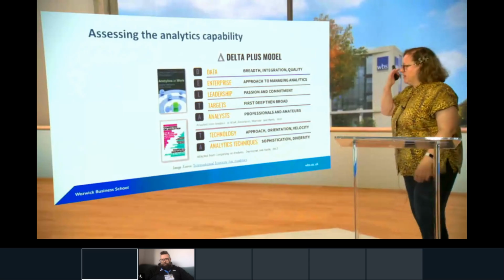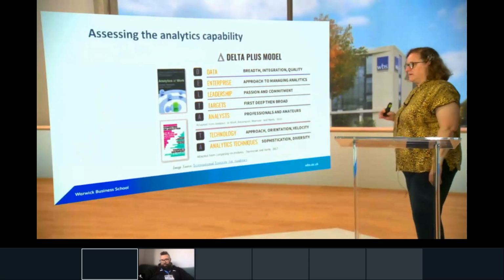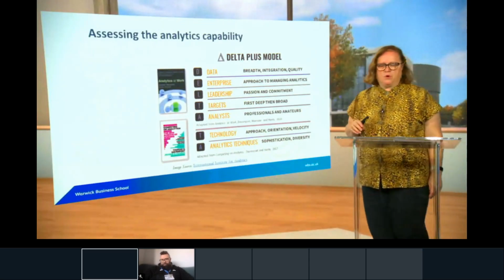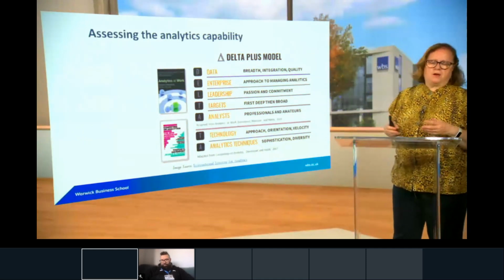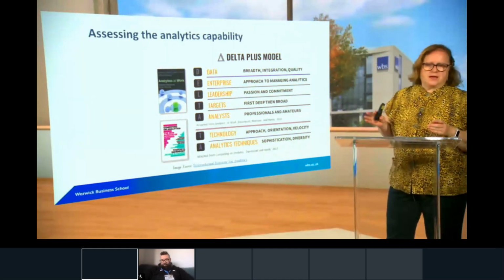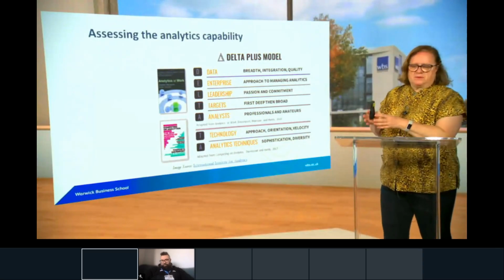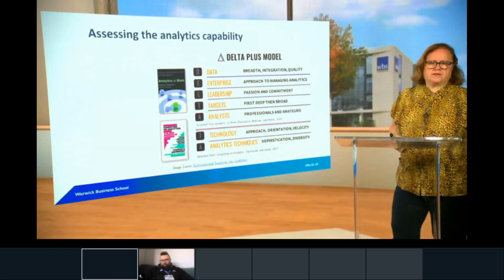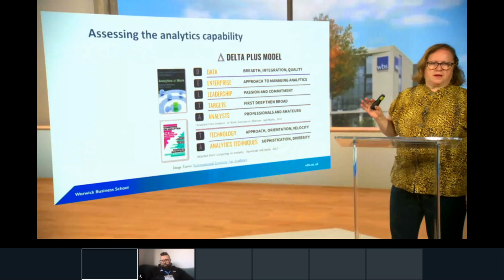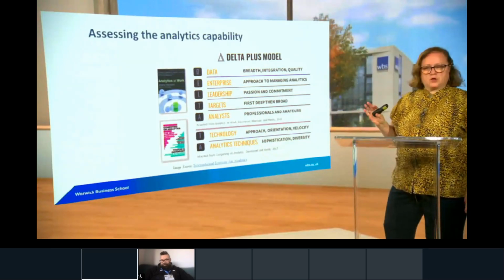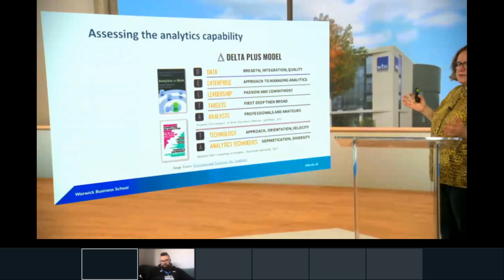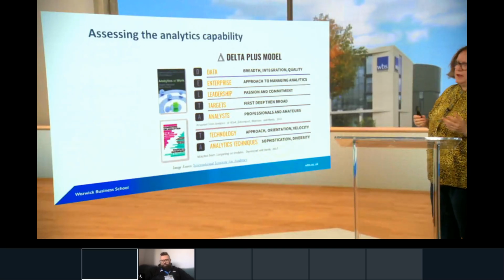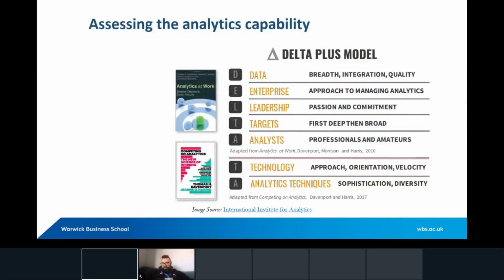So this is something that Davenport and Harris have come up with, Davenport prior to that, but it's the whole question of how do you describe and evaluate an analytics capability isn't just something that they've done. There's quite a number of authors that have taken up that topic, but they've presented it in a really nice glossy book that's very easy to read and is just quite a nice way of describing it. Much of the other ones follow similar sorts of themes too.